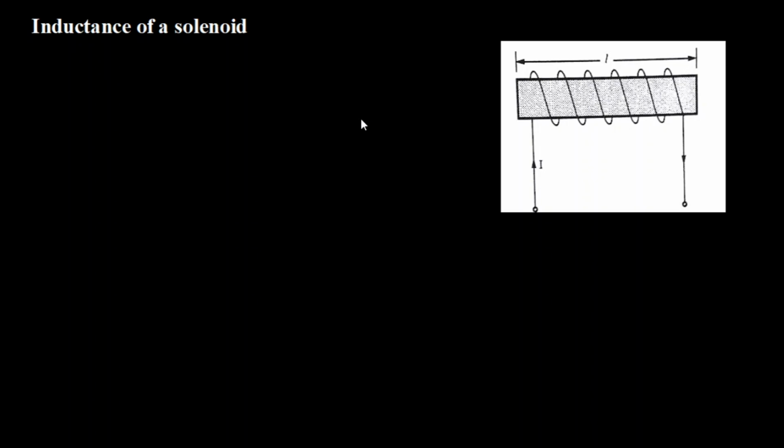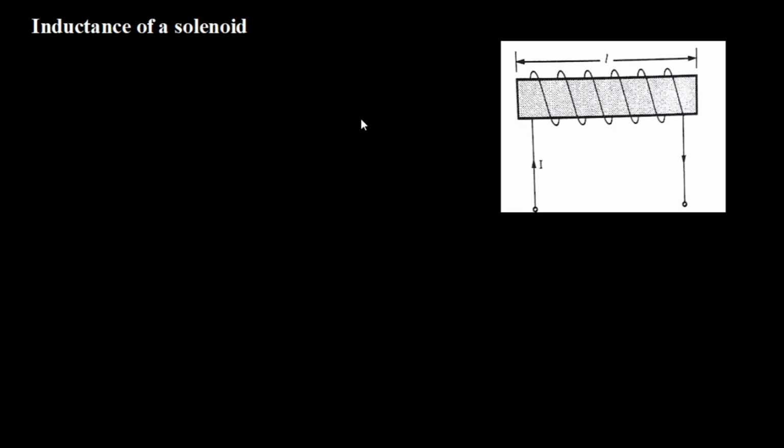A solenoid is a common electric circuit element which you have come across in many physics classes. A solenoid is basically constructed by winding a coil on a core. As you can see on the screen, I already have a solenoid with me, which is constructed by winding a current carrying conductor over a core.